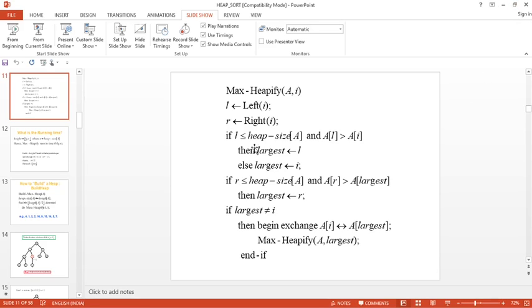Thinking the left child is the largest, the left child is greater than the root node, which is true, let us say. Fine, you think your left child is the largest. Now when you come to the right child, you see the right child is also greater than the root node. Then you compare the left child and the right child, and whichever is the largest, you consider that one the largest. That is the meaning. You are thinking that every time the left child is the largest, that L is largest, but L is not largest. So that is what it is. These are the three conditions.